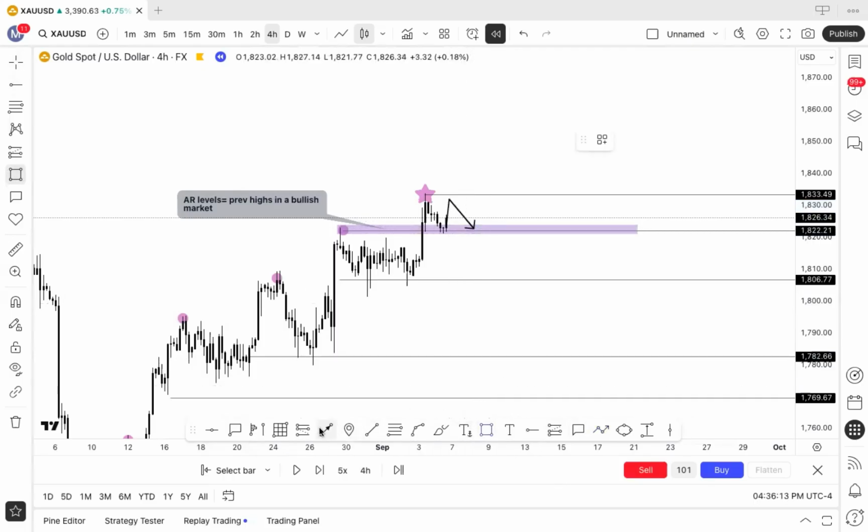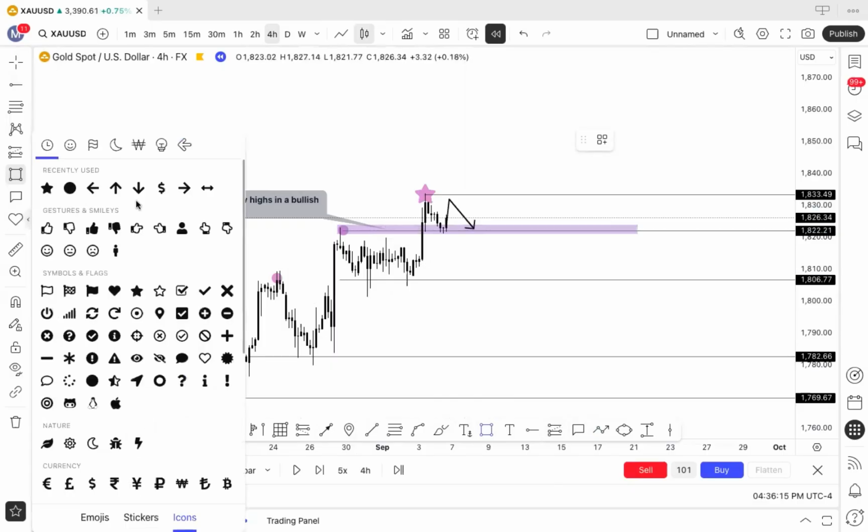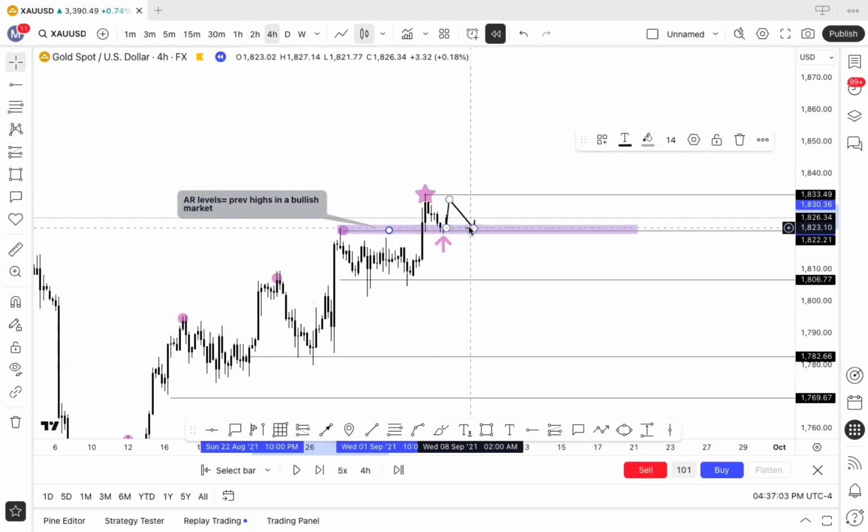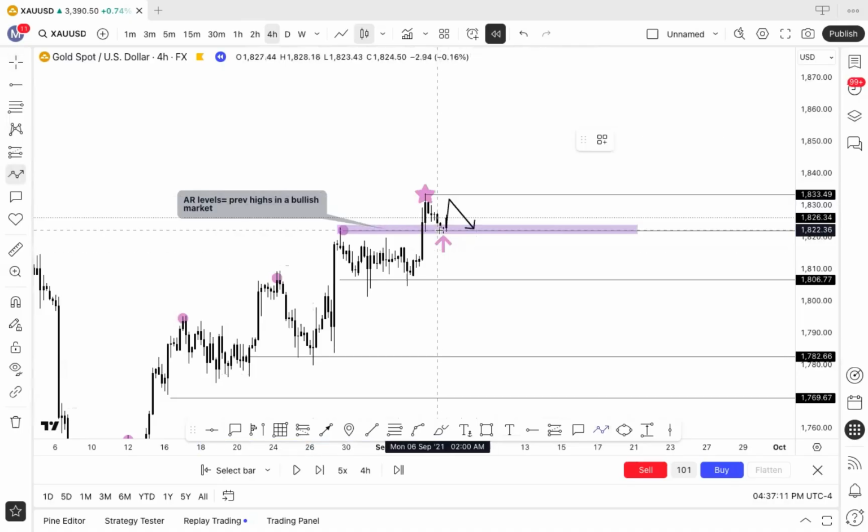Guys, this is special stuff right here. I'm telling you, we need this low to get broken. If we are truly bearish, what should happen? We break this, we respect this high, and we start breaking this low that was created, which is technically a higher low in a bullish market, but we can still use that as a low that needs to get broken